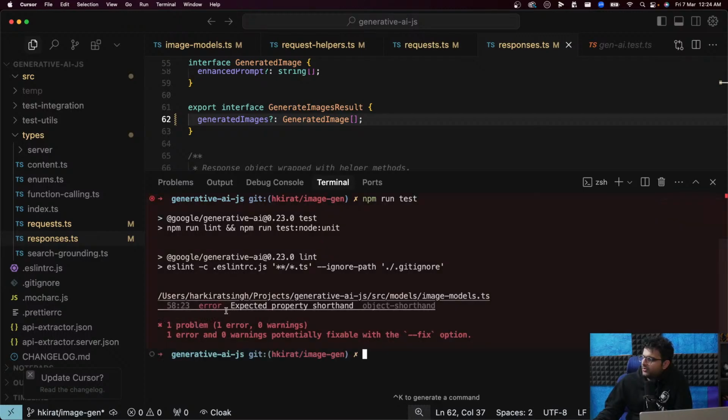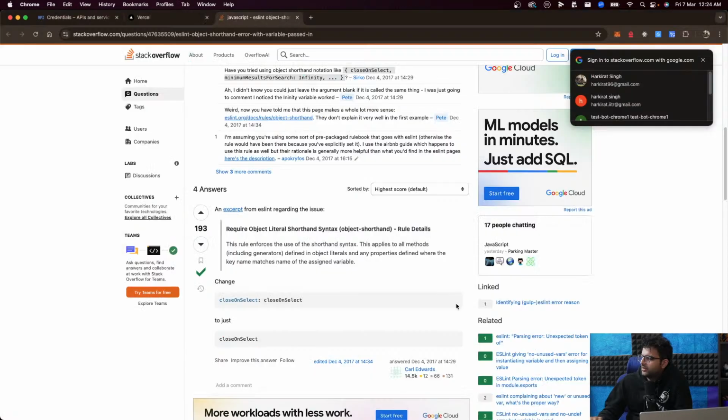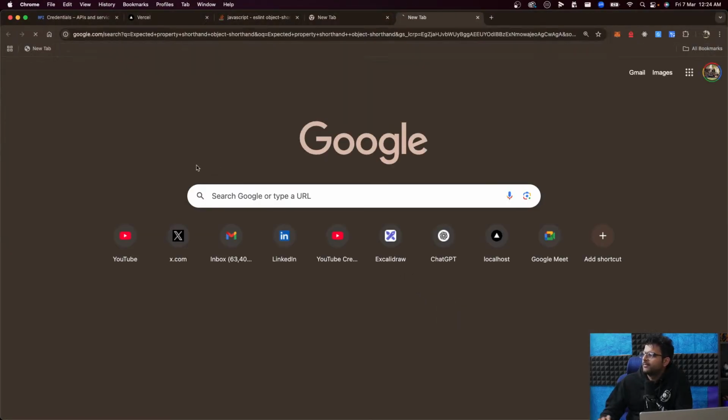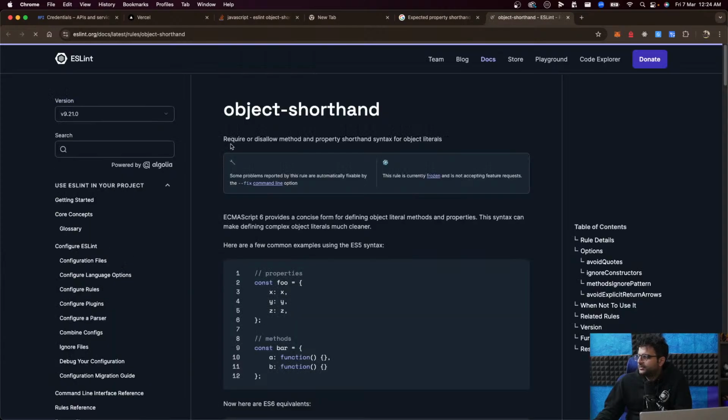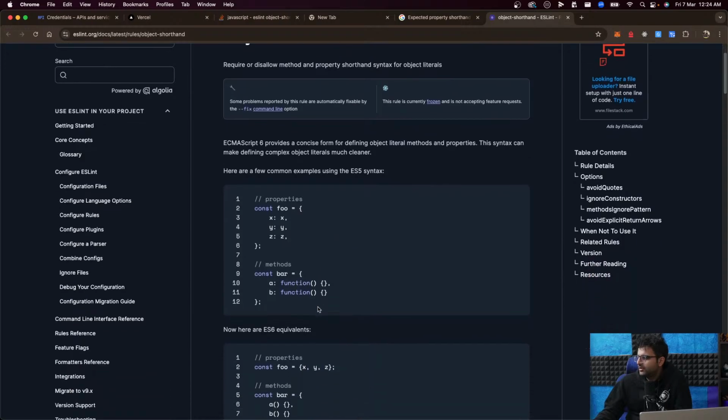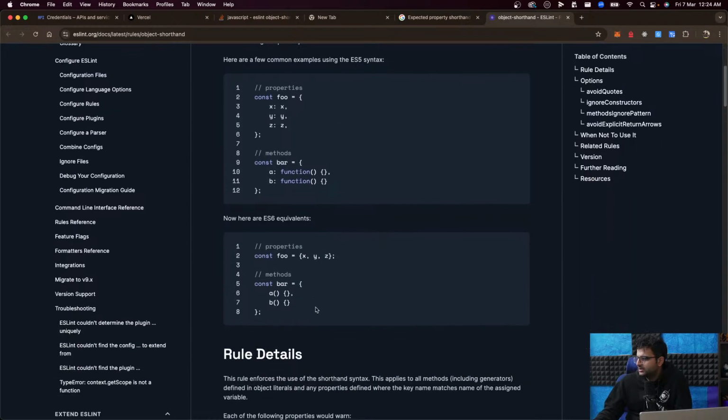Use property shorthand. Let's see what this says. Require or disallow method and property shorthand syntax for object literals. Properties, methods.